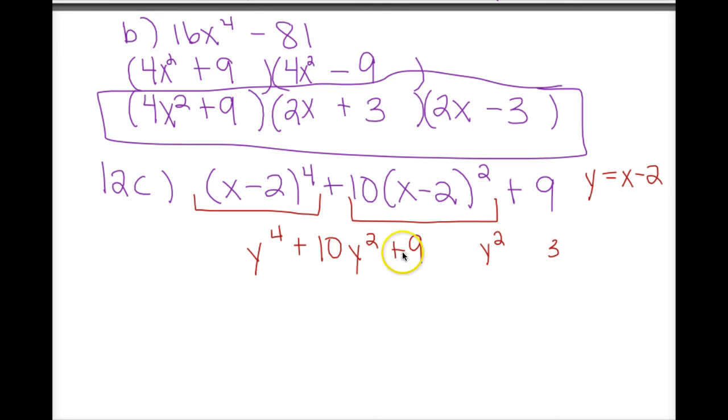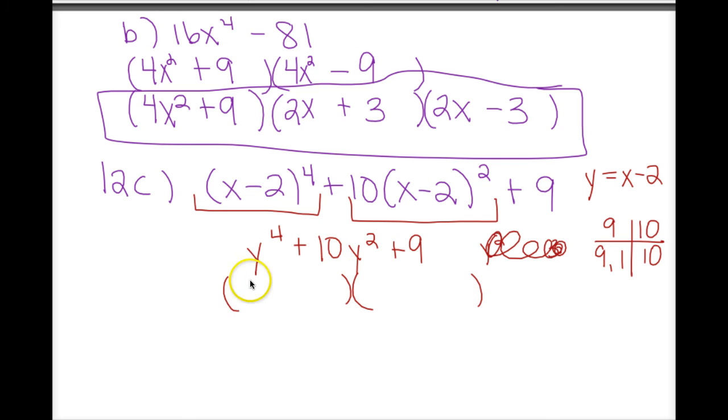So it's not a PST. Close, but not quite. So that means it's going to be chart factoring. So I'd be looking for what multiplies to 9 and adds to 10. Again, there was no number in front, so that's why we're just looking at the 9 and we don't have to do the multiply thing. So multiplies to 9 and adds to 10 would be 9 and 1. So that means,